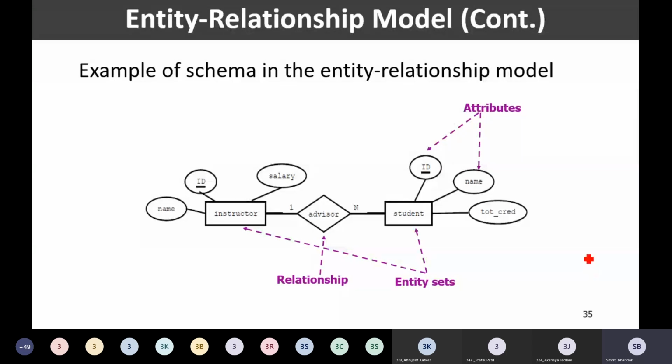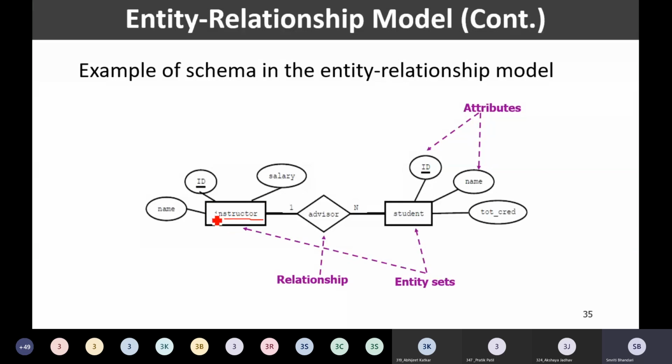Okay, so this is a simple example that we have. How are we going to draw the ER diagrams or entity relationship diagrams? See here what we have. We are having this rectangle where I have mentioned instructor. So this denotes the entity set instructor. Correct?